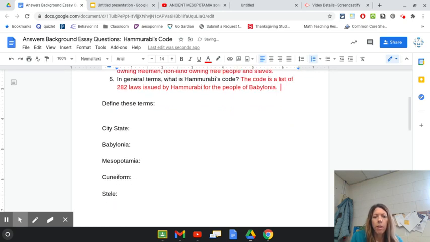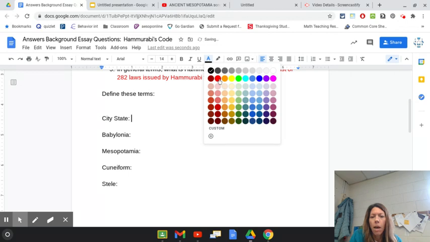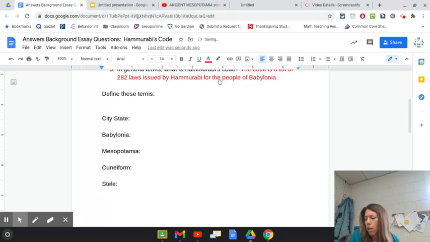Okay, now these terms may come in handy so you can understand things better as we move through the documents that are coming up in the next few days. So I want you to be familiar with these terms so that when you see them moving forward, you'll know what we're talking about. And we've talked about some of these before, but just so you have them available. So a city-state is an independent city,